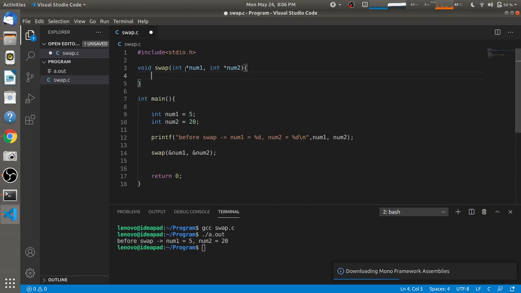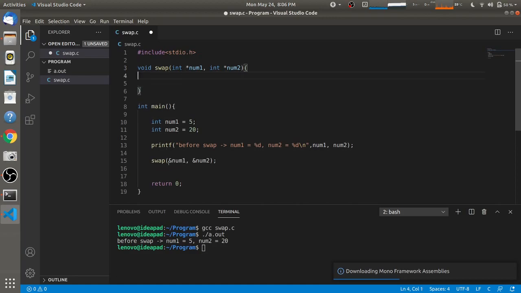So in this function we are going to swap the value of this num1 and num2. So here we are passing address of this num1, and here we are passing address of this num2. As each variable will have address where it is stored, so we have to pass the address of that variable.